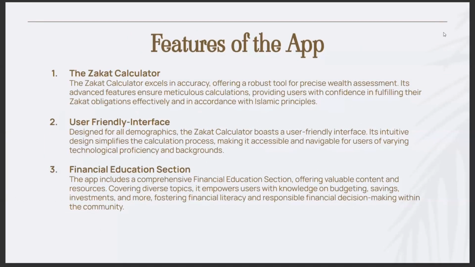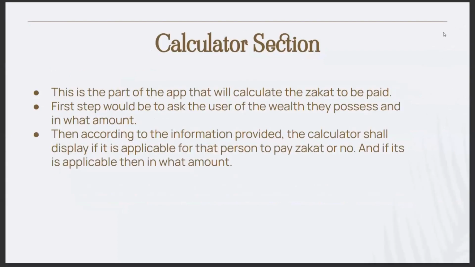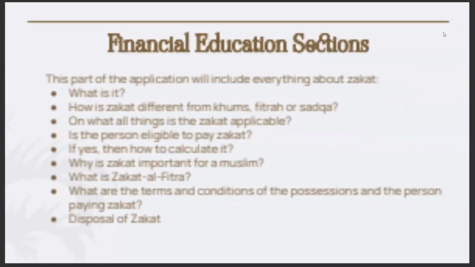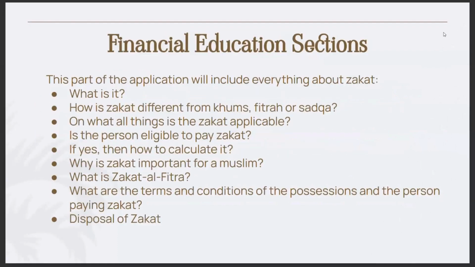The features of our app: we had 3 pages included in our application. The first would be the home page, which will give two options to the users. The first would be the zakat calculation option, and the other would be the financial education section. The calculator section would have several attributes where they are to enter the values, and then it would calculate the zakat for the user, whereas the financial education section would include what zakat is and how it is different